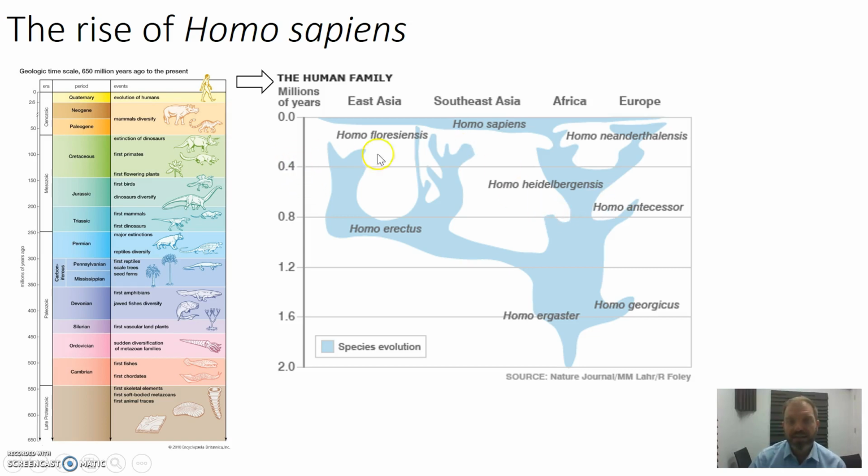Even as recently as 60,000 years ago, when the Aboriginal peoples were first arriving in Australia, there would have been 2 or 3 species in existence. There were Homo sapiens, as we are, but at the same time there was Homo floresiensis and Homo neanderthalensis, so 3 species of humans existing at the same time. The hobbits of Flores Island disappeared about 50,000 years ago, and the Neanderthals perhaps about 28,000 years ago, leaving Homo sapiens to dominate all of the planet.